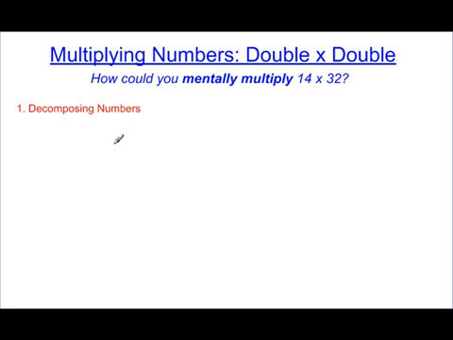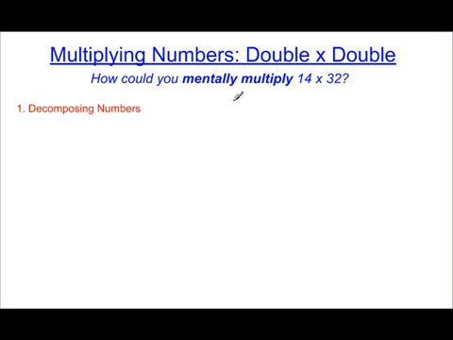Hello, welcome to this clip on multiplying a double-digit number with another double-digit number. And in this case, we are going to look at how we can mentally multiply 14 times 32. In the Ontario Curriculum for Math, under Number Sense Enumeration, students in grade 5 begin to multiply double-digit numbers with